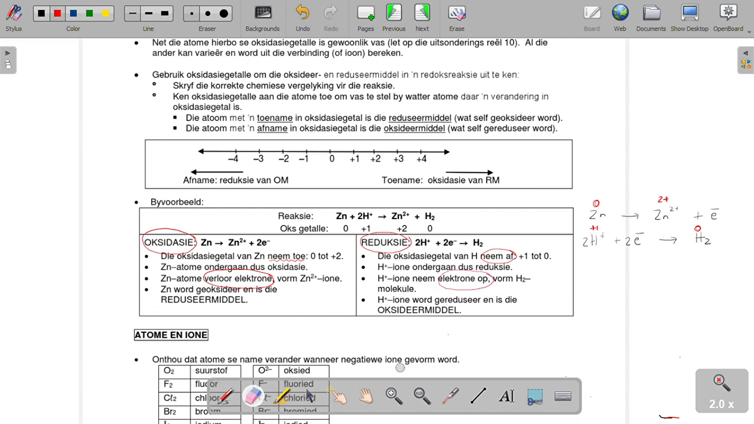By, he gains electrons. Okay, and then, if you look at these two half reactions and ignore the red parts,